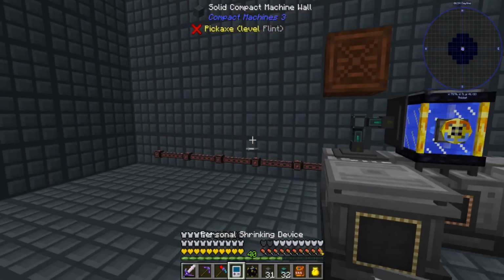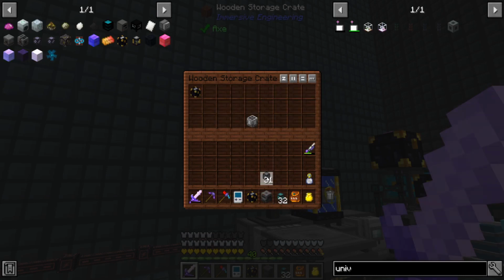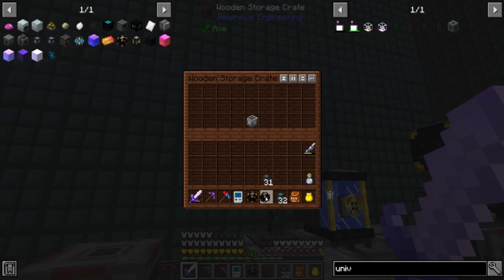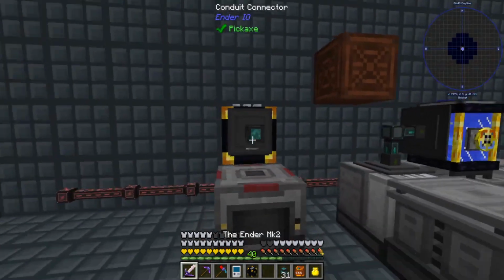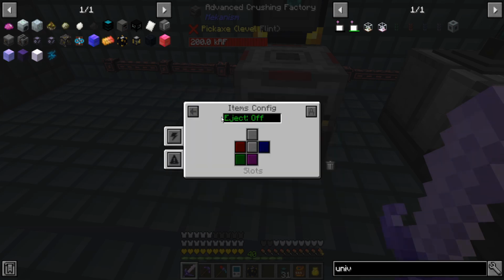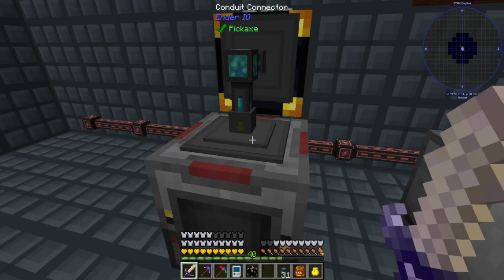I should, yeah, whatever. Let's grab this guy, throw it here. I've got these ender chests of all light gray. I'm just going to drop it here, and oh, sides. Auto sort on, side configuration top will be input, output on the right. Sounds good to me. Insert,